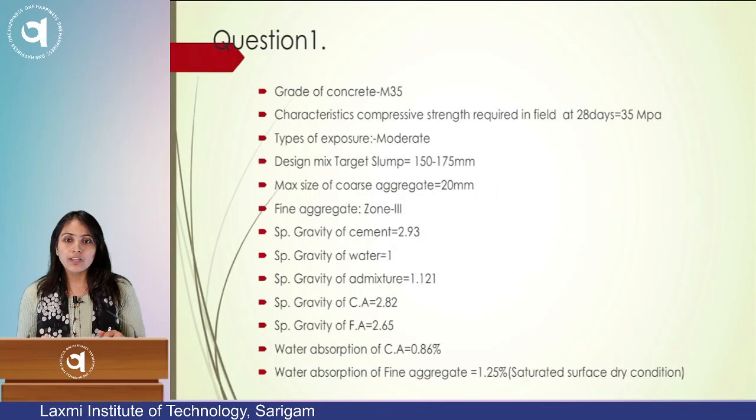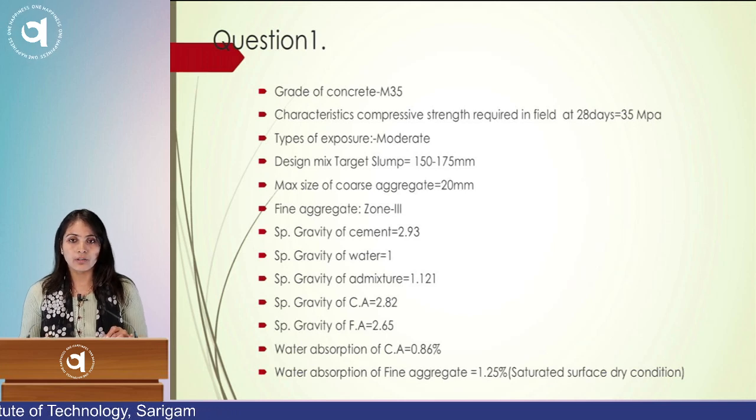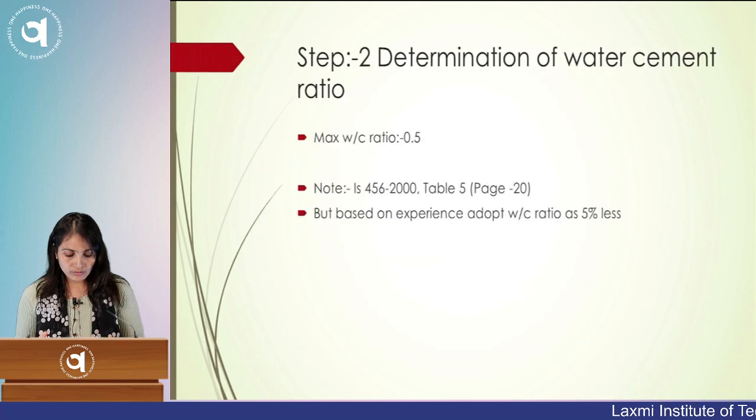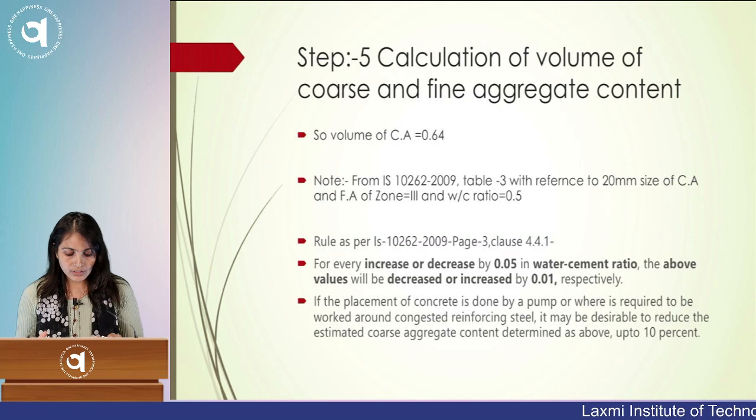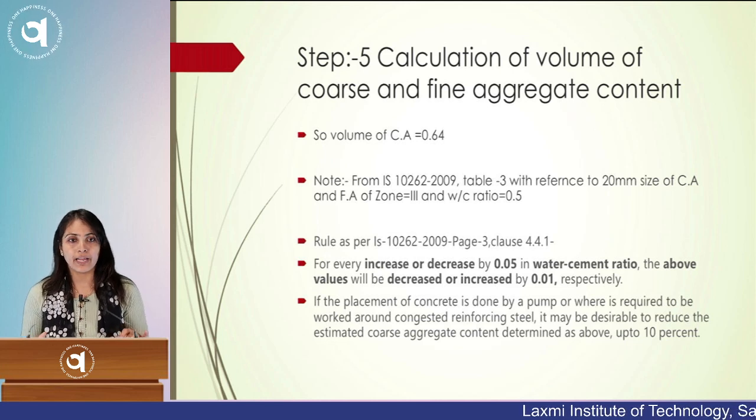So we have seen the problem in the last lecture: this is the data given over here, grade and characteristic strength, exposure, target mean strength, target slump, size of coarse aggregate, fine aggregate belongs to zone 3, and specific gravity of all the ingredients. Okay, water absorption of coarse aggregate and fine aggregate. So directly I will go to step 5,